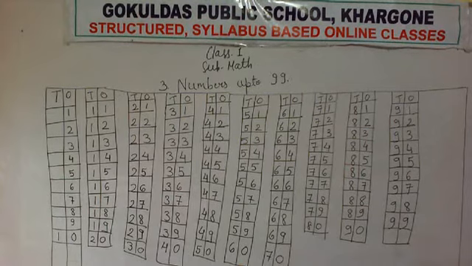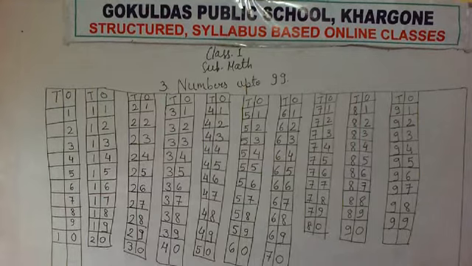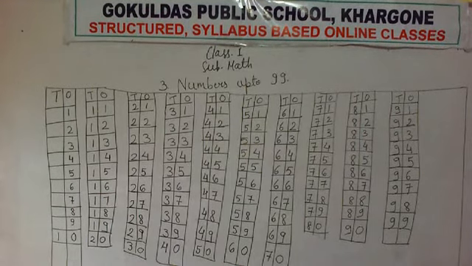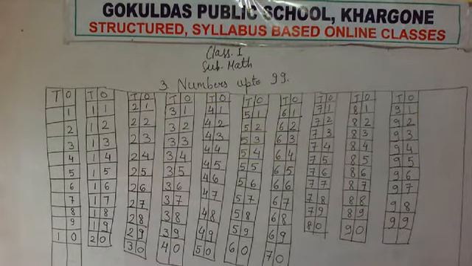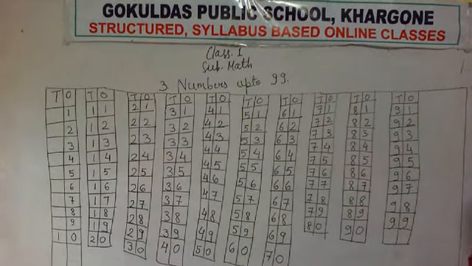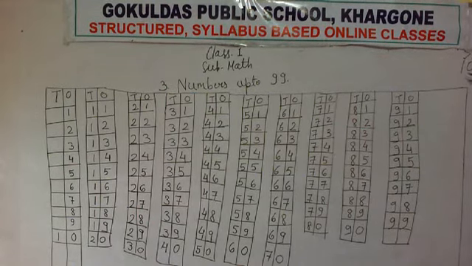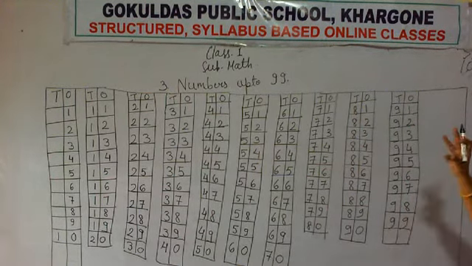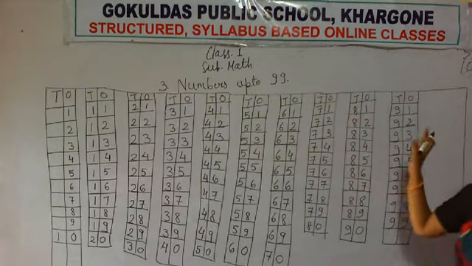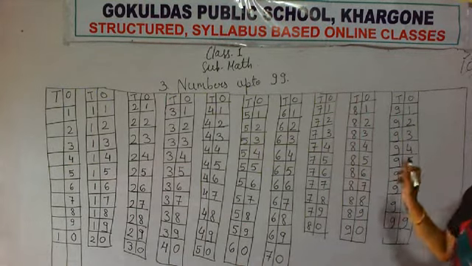Okay, and how do we write 100? While writing 100, how many zeros do we place? We put two zeros. When we are writing 100, we place two zeros: 1, 0, 0. So how many digits are there when we are writing 100? 3 digits: 1, 2 and 3. But the counting that we have written here has only 2 digits. All of these numbers that we have written just now have 2 digits.